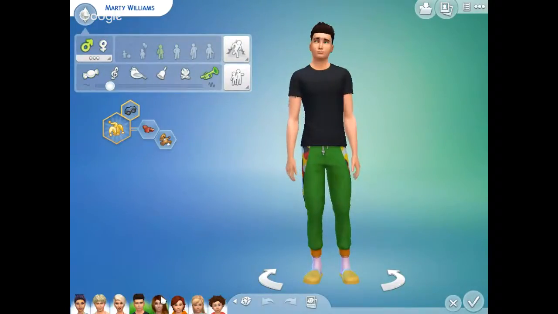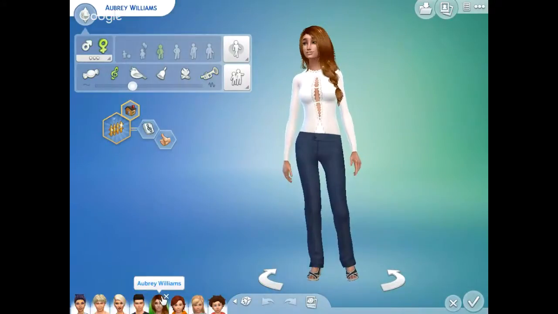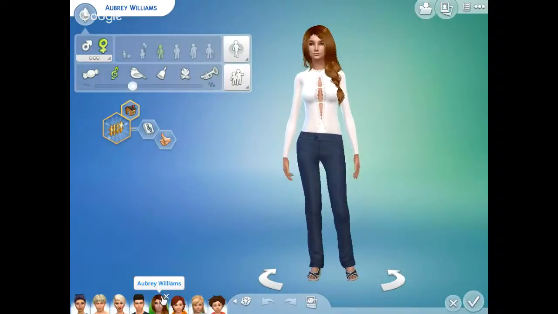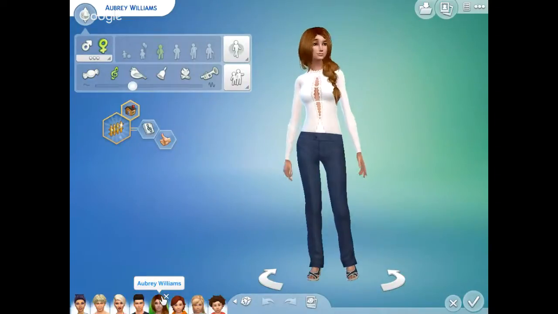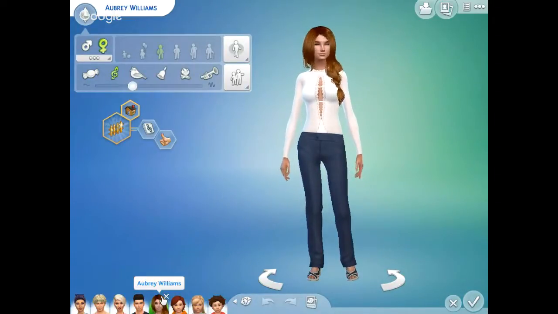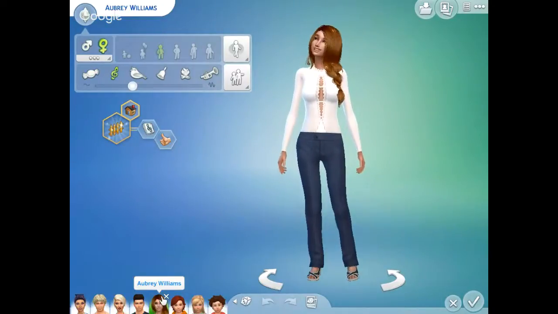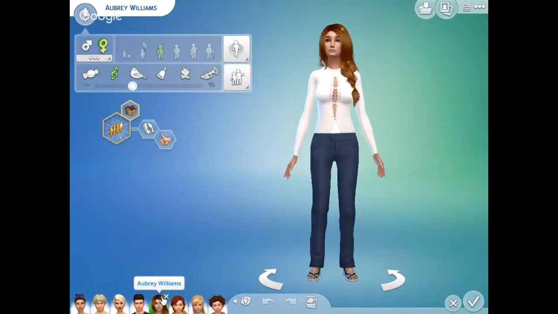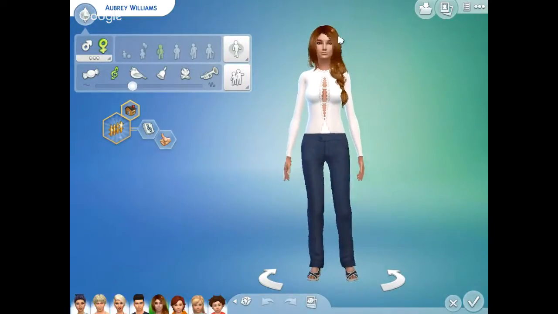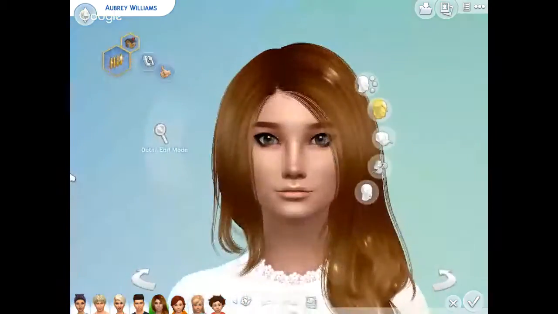And this is Aubrey. She's one of the teens in this friend group that I created. Basically her whole family's a mess, and she hates it. She just wants everyone to get along. She just wants to have a normal family, but she can never have that. I'll show each of the main characters up close. So that's Aubrey.